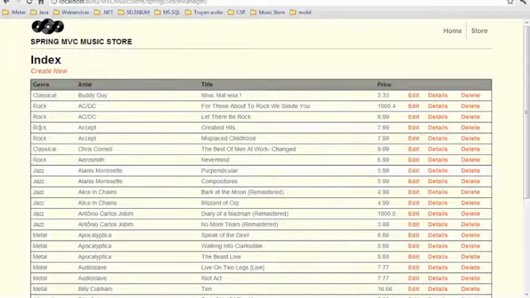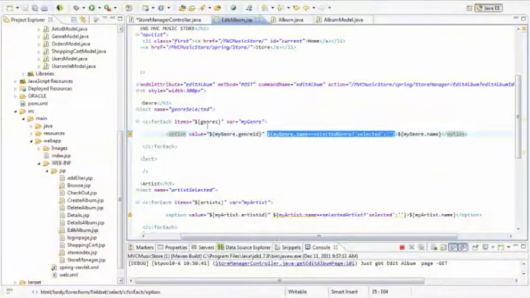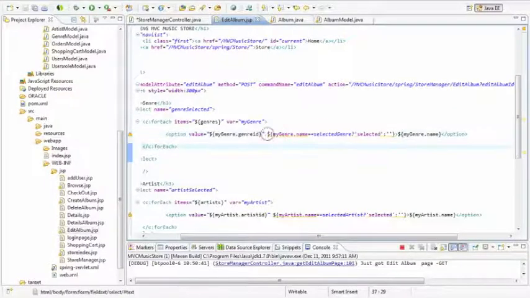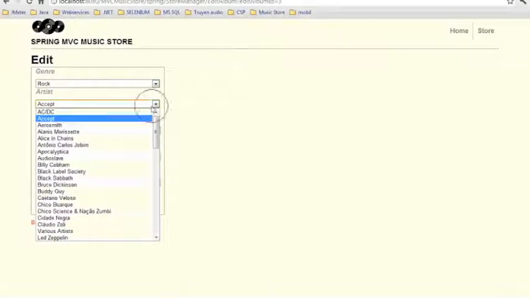See, okay, the January of this object is rock, the artist is accept, right? Put edit, see, January and accept. If you don't believe me, get rid of this one, you see it will show the first item of the list is rock, and the first item is CDC. Okay,